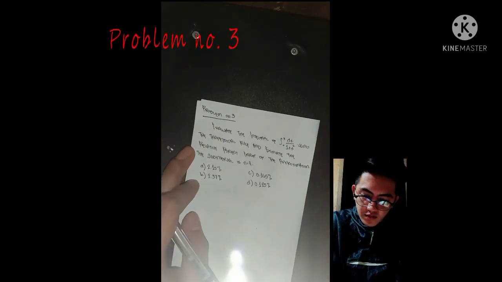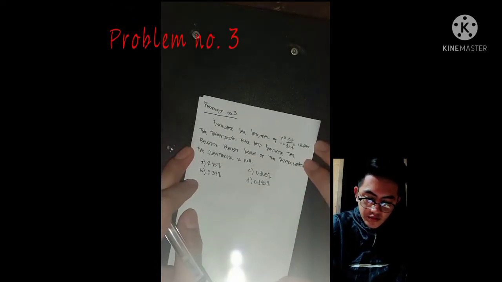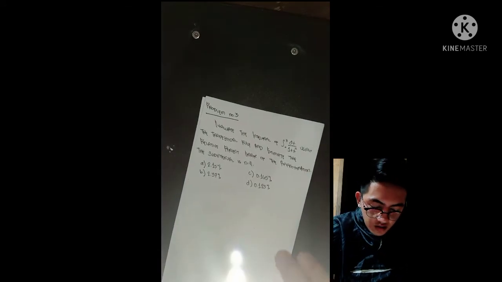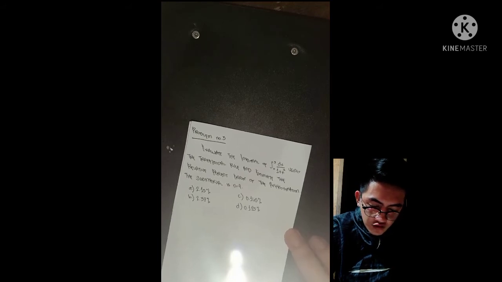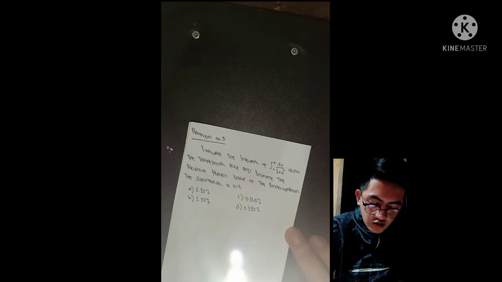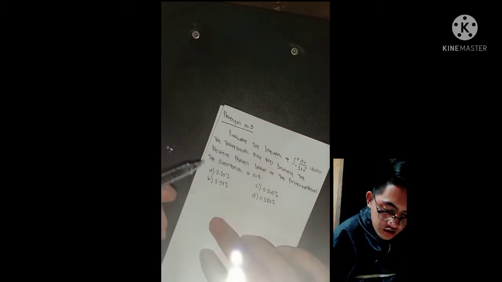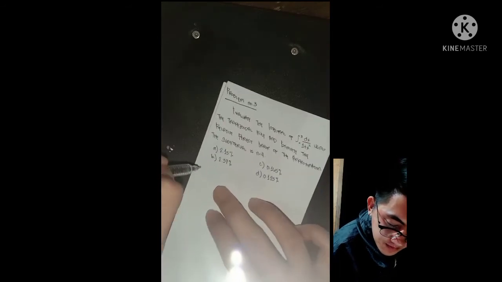So in problem number 3 in the trapezoidal rule, evaluate the integral of dx all over 1 plus x squared with the limits of 3 and 0 using the trapezoidal rule, and estimate the relative percent error of the approximation, where the subinterval n is equal to 4. So for our solution,